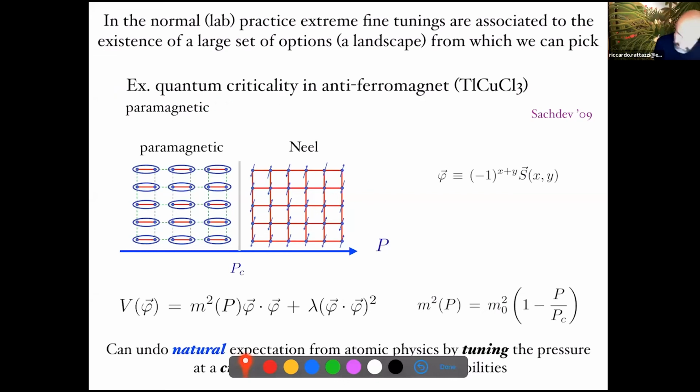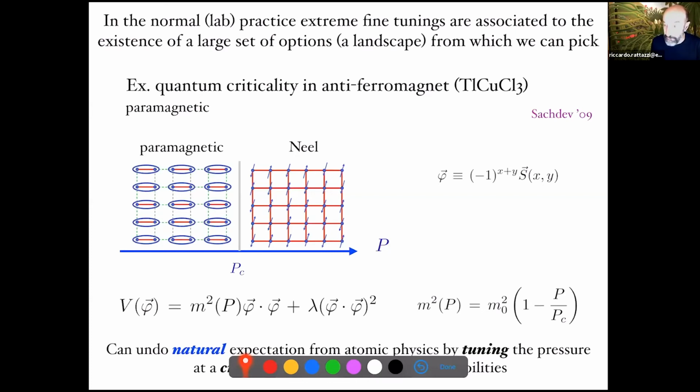Consider a typical quantum ferromagnet, which has some quantum critical point. This is the system. I found this in a talk given by Sachdev at the Higgs Fest symposium a few years ago, but it's a paper of 2009. So what you have, this system